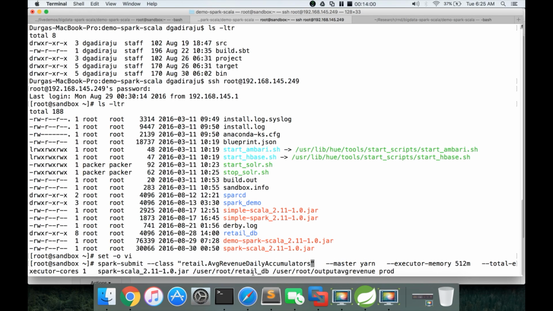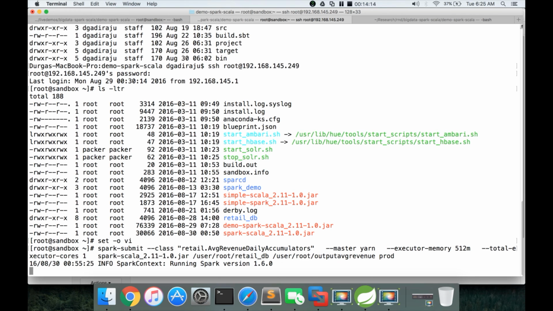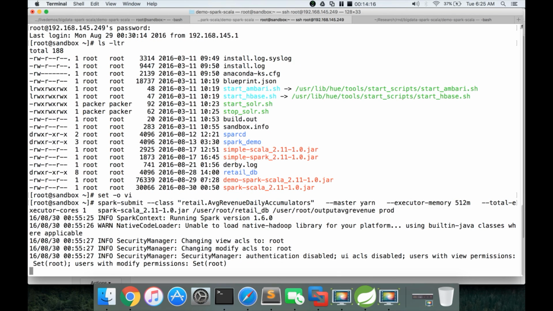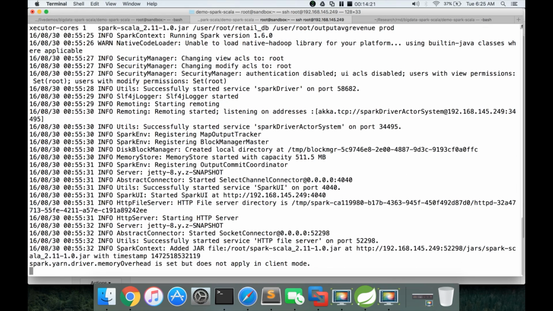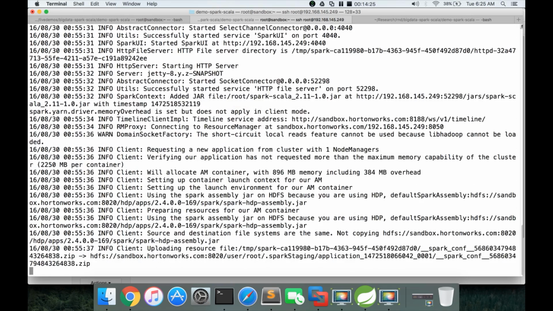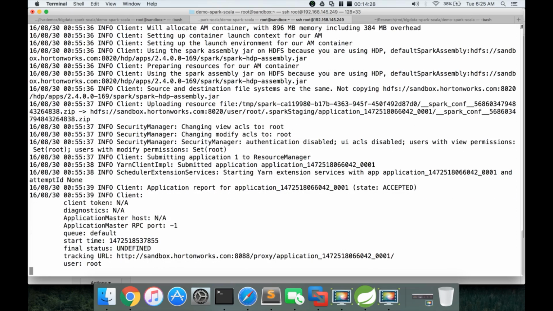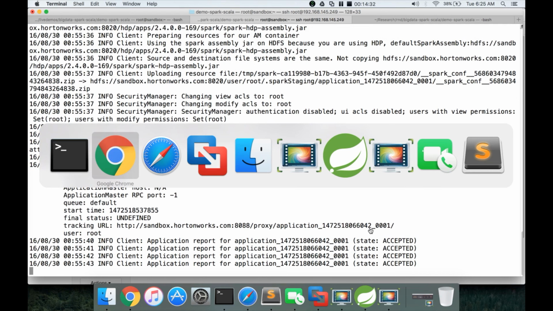We have the input path in HDFS, and the third parameter has to be prod, and the second parameter has to be output path. Okay, and then we can hit enter. It will run in the yarn mode, and then we will see the counters. We will review the job details using Spark job history server, and we will see the counters being displayed as part of the web interface of job history server.